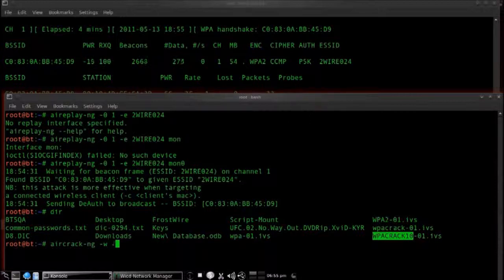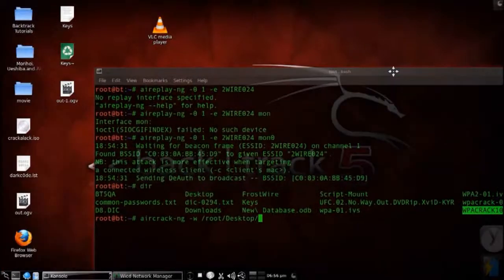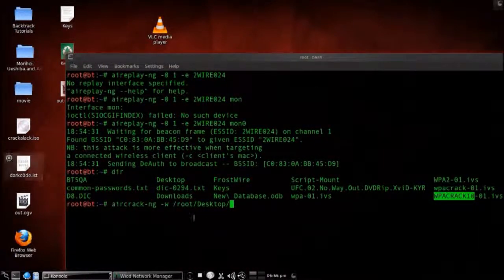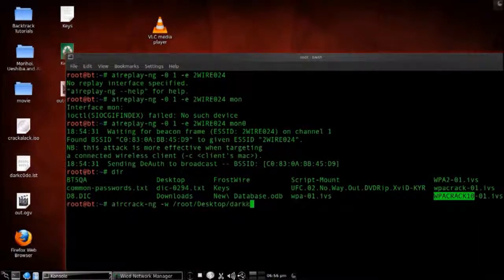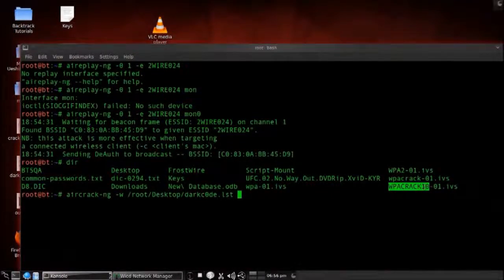And the location of our word list, which is on the desktop, is root desktop, and then our word list name, which is darkc0de.lst, darkc0de with a 0.lst. I'm going to put a space, and now we need to specify the WPA crack 10-01, and it's case